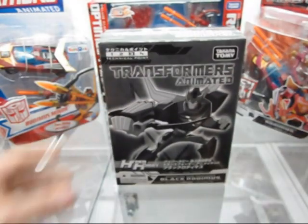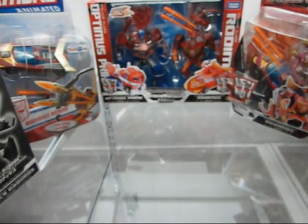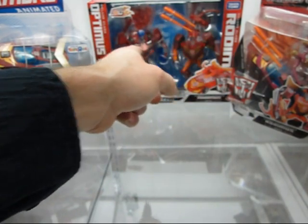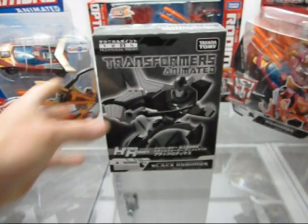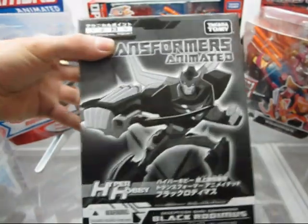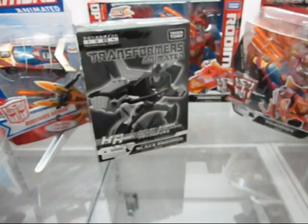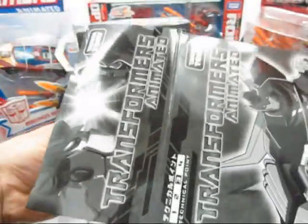So, you know, just a little comparison to some of the past stuff that's come around. We had the American edition, the Henkei edition, and the Clear edition, and it's now a different box, done like this. So enough talking about the box, though. Let's just crack one of these open